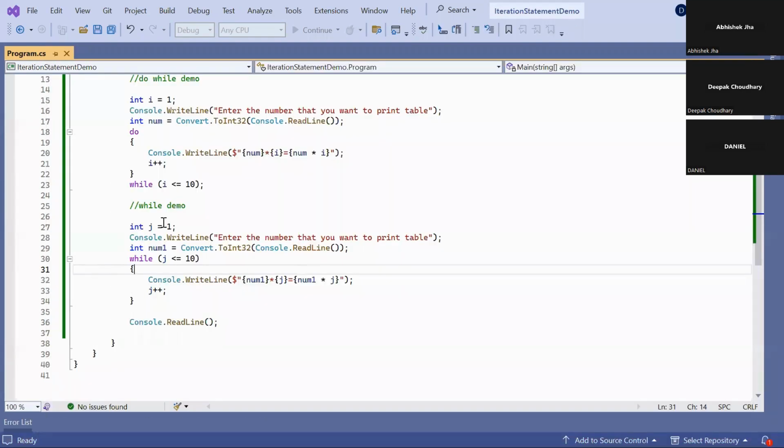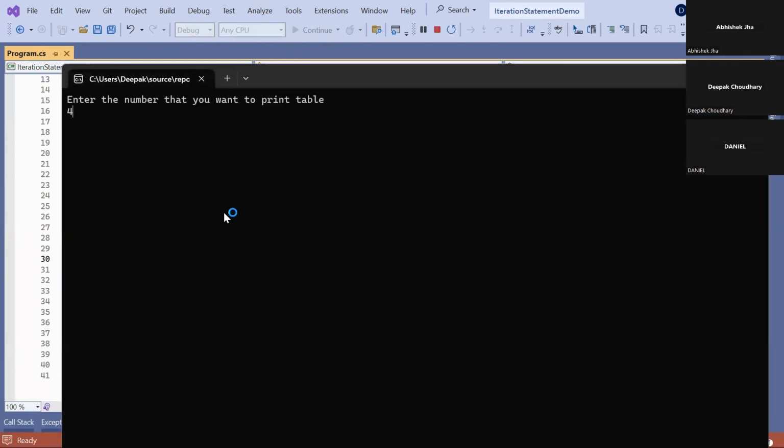But why did we introduce while even though we have a do while statement? There is one issue. What is the issue? Suppose we reverse the condition in the while statement and check if i greater than 10, then that process goes into the loop. What will happen? Here we can also change the conditions: j greater than 10, then this statement needs to execute. So let me run it.